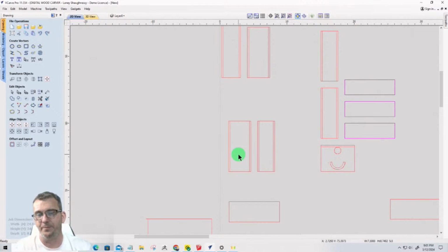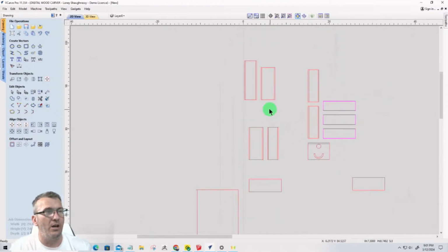So that's going to be the easiest way for these. But all of these with the double lines, that's the jaw fronts. That's the jaw fronts. So if I were to select